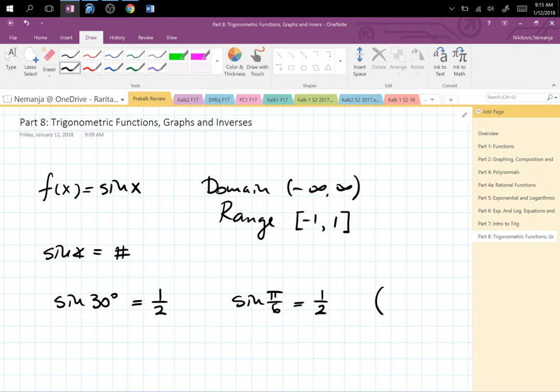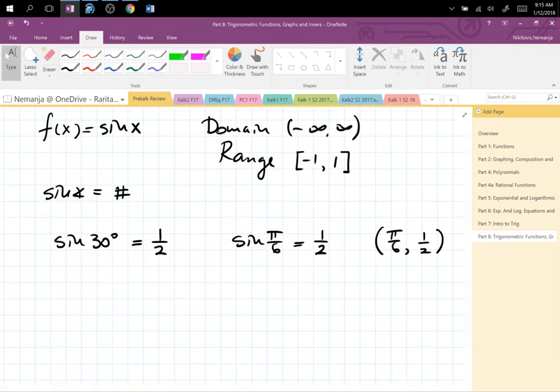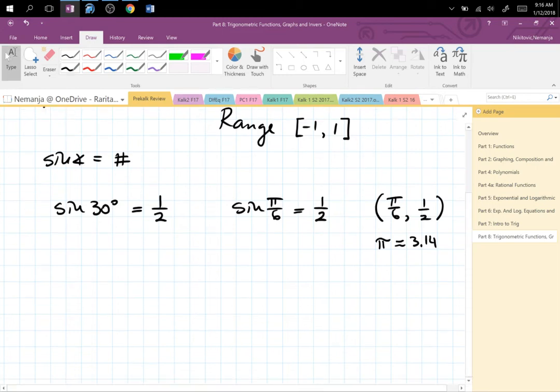Now this means that you have pi over 6, comma, 1/2 as a point that you are supposed to graph. Now you know that pi is approximately 3.14, and then you can divide it by 6 and you can graph that point. So you can compute point by point, right? Sine of 0 is 0, sine of pi over 6, pi over 4, pi over 3, and pi over 2, and so on. And as you plot all of those points onto a graph, you come up with this basic graph,